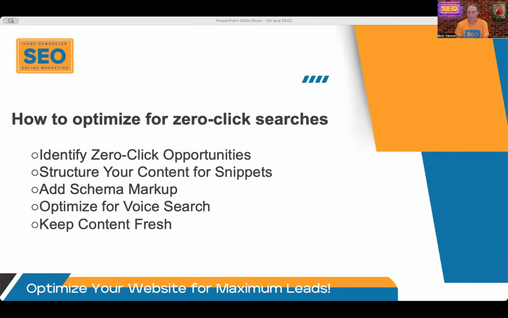Then optimizing for voice search, which we talked about. Just write in natural, conversational language that mirrors how people speak their queries out loud. We type very briefly, right? But when we think about what we're going to say, we're not just going to say "kitchen remodel." We could do that to Siri on our phone, but most likely, as humans, we're going to ask the question just like we would ask somebody, and Siri will still know what we're talking about and give us the best results in Google, hopefully.